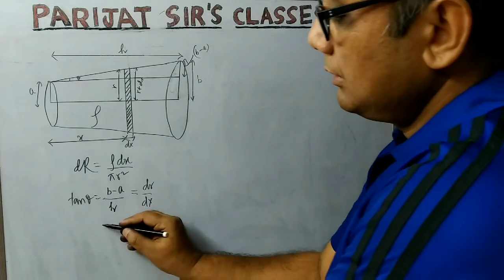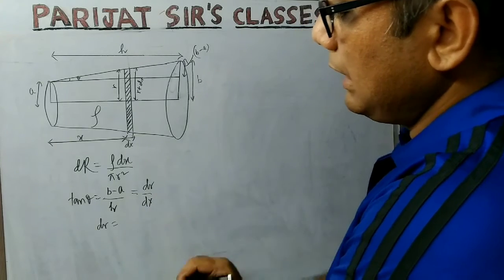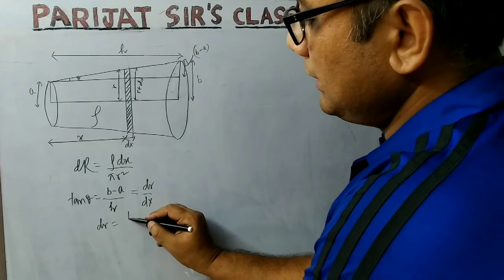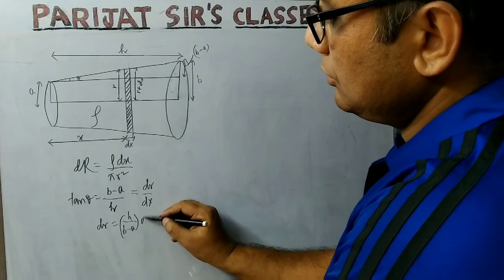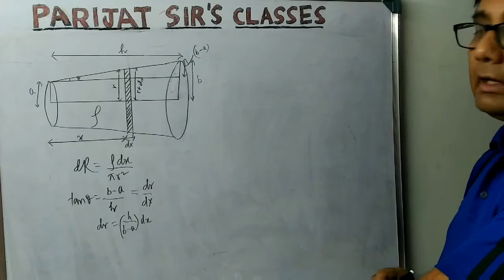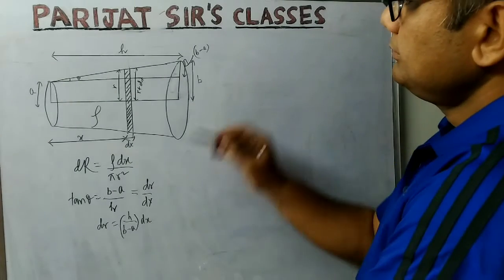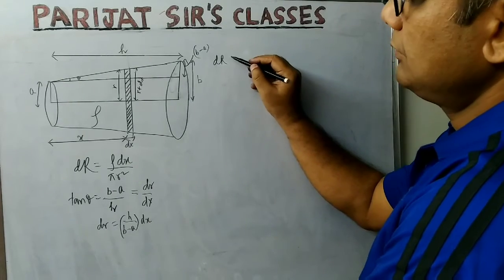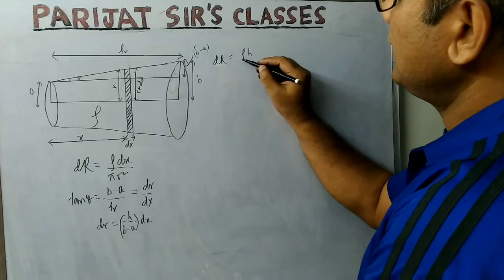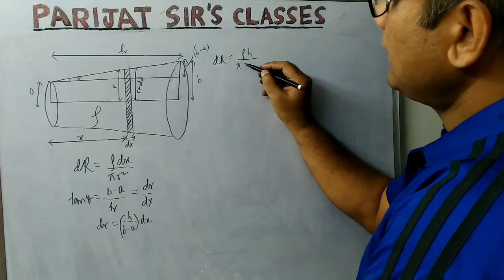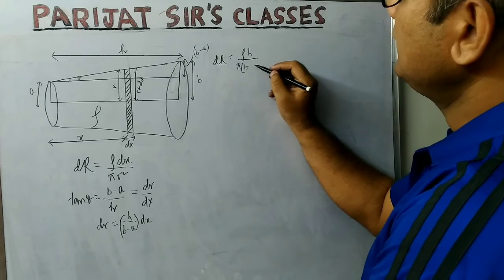So from here we can find out dr will be B minus A by H into dx. This is dr. So the resistance will now become rho. In place of dx we can put H by B minus A